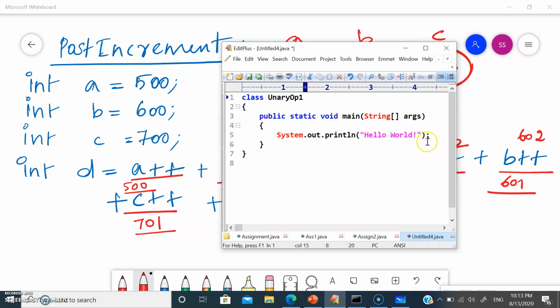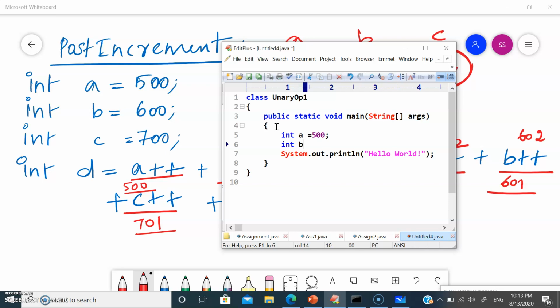First, int a is 500, int b is 600, int c is 700.